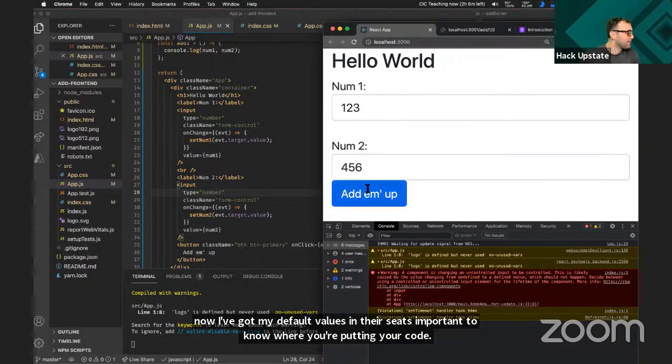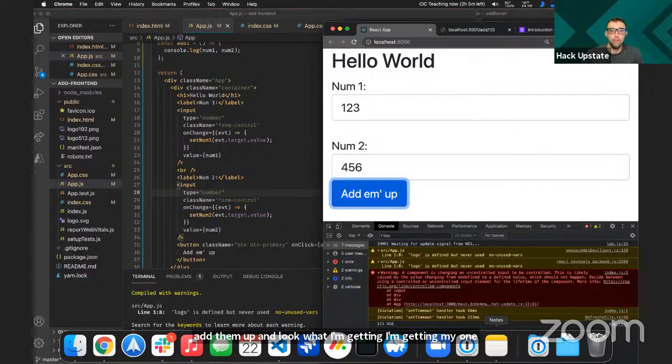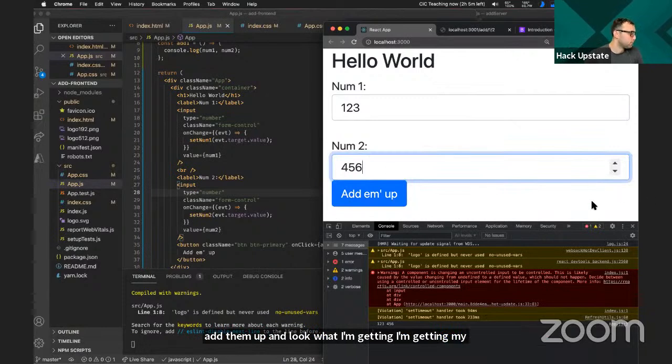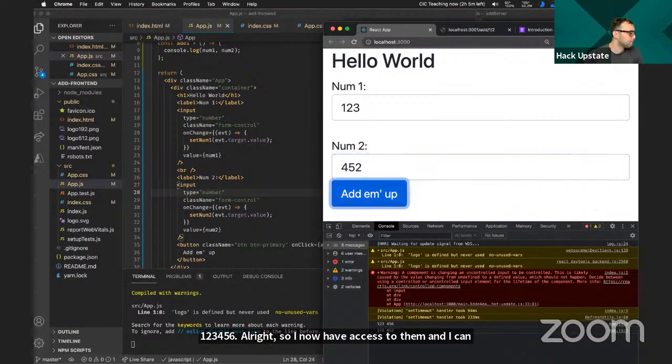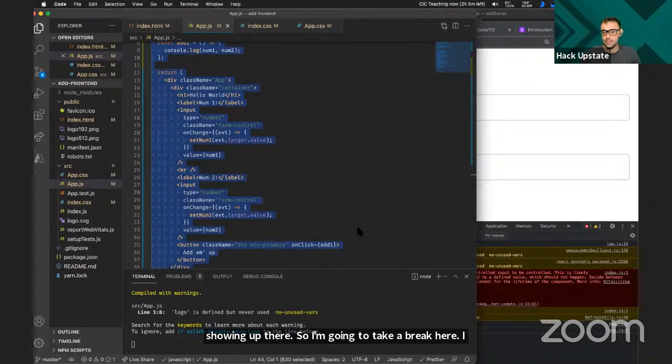Okay, so we've got our numbers in here, and I can click add them up and look what I'm getting. I'm getting my 1, 2, 3 and my 4, 5, 6. All right, so I now have access to them, and I can, of course, change this and push it down and hit add them up, and they're showing up there. So I'm going to take a break here. I will copy and paste this code